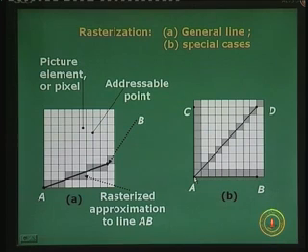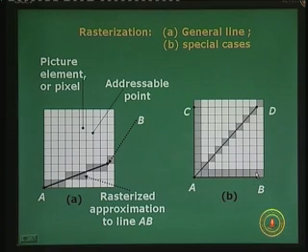So, if you see the pixels drawn for the lines A to C and A to B, A to C is a perfect horizontal line, A to B is a perfect vertical line, and the line A to B is a perfect diagonal line inclined at 45 degrees or pi by 4 radians. In these cases, we can almost assume that the pixels exactly lie on the line or just adjacent to it. It forms a perfect arrangement as desired for the line,